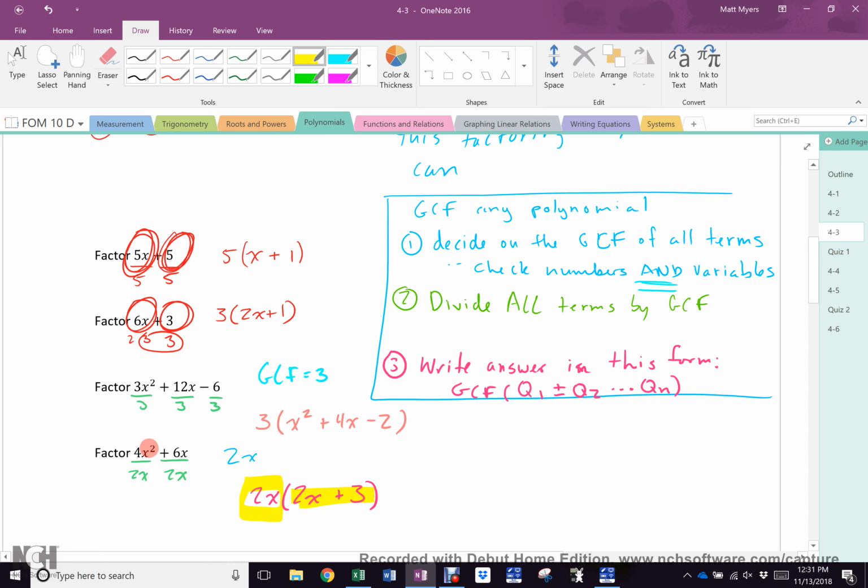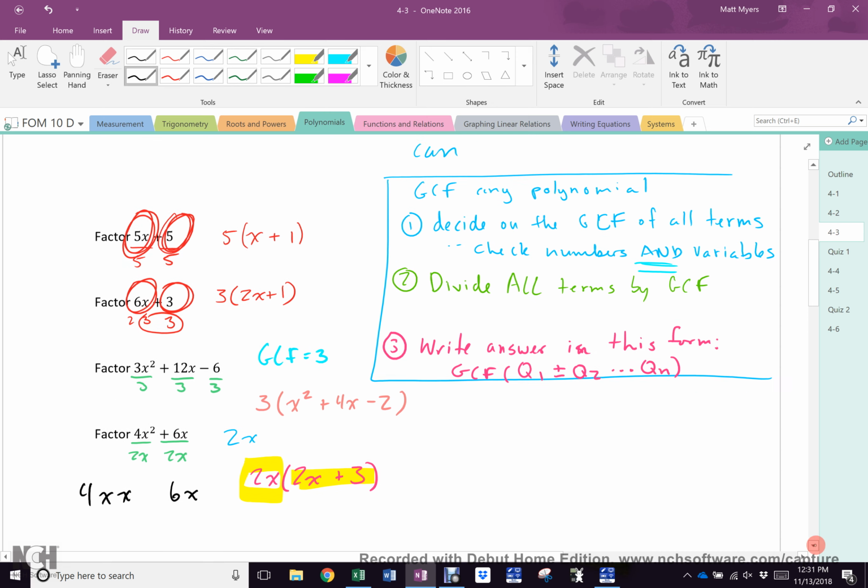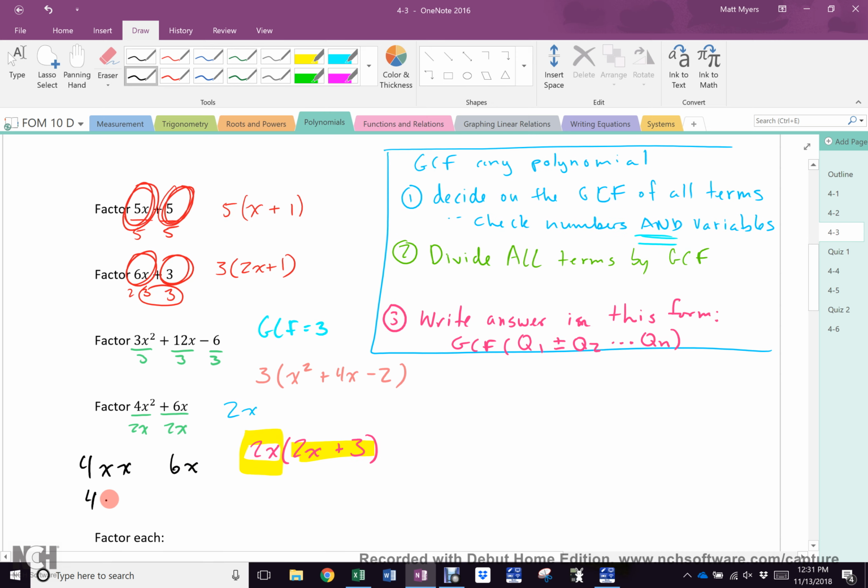Okay, this is really 4 times x, correct? And this is really 6 times x, correct? Which means I'm dealing with 4 times 6 at some point, right? 4 and 6. And I'm dealing with x times x, yeah? Okay, if there were no x's there, this